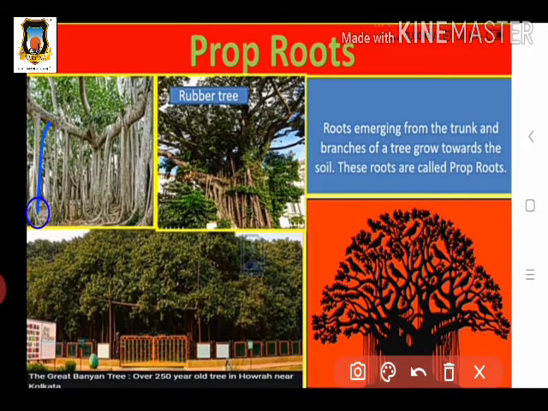See, these roots are coming from the branches of the plant. Okay, so such type of roots we call prop roots. So the rubber tree also has such type of roots as a banyan tree. So we see the example of such a banyan tree which is present in Kolkata in the botanical garden, 250 years old. Okay, so it is a very old plant and it is very large. The function is that it gives support to the banyan tree to stand on the land. Okay, so here we see all the types of roots.